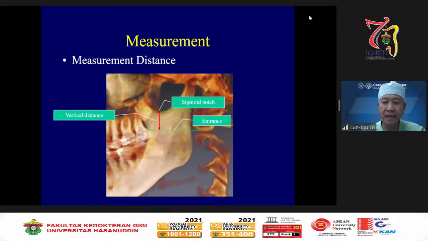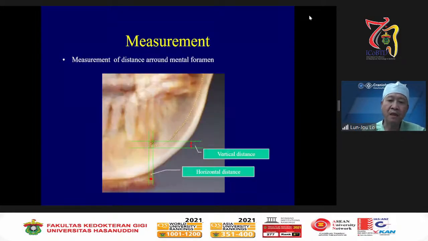You can see very clearly where the entrance of the nerve is, from the sigmoid notch to the entrance. Or if you do a vertical osteotomy, then you need to do it behind the nerve, so you need to measure the nerve to the posterior border. And also you can measure the